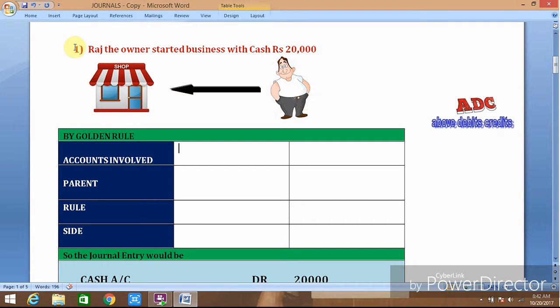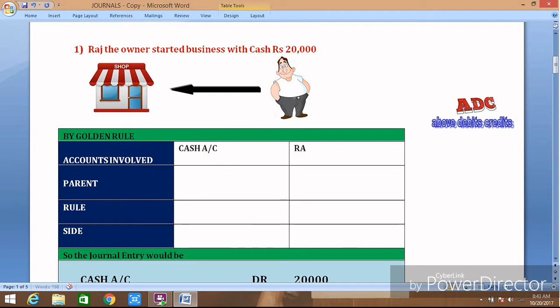So over here we find that Raj, the owner, started business with cash 20,000. That means this person takes out 20,000 from his pocket and invests 20,000 in this business. In other words, we can also read this as this shop takes 20,000 from this owner. So the two accounts over here can be the cash account